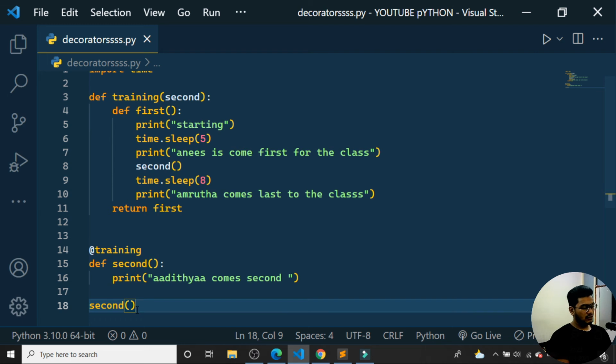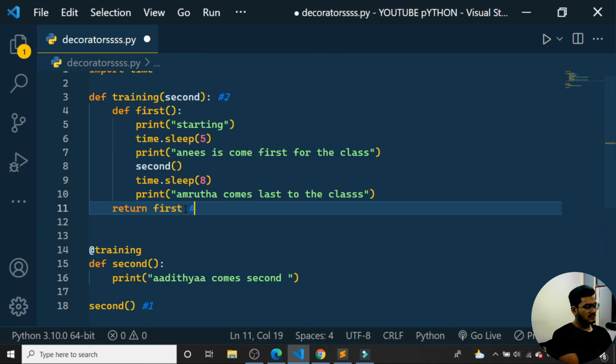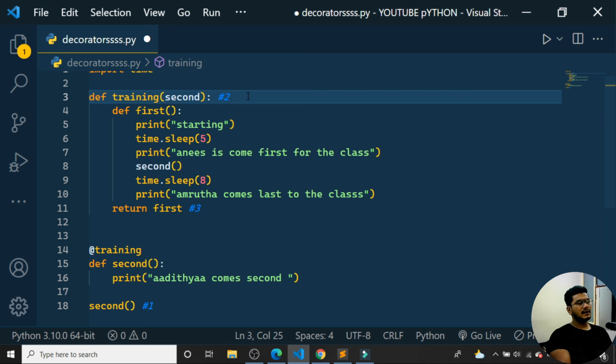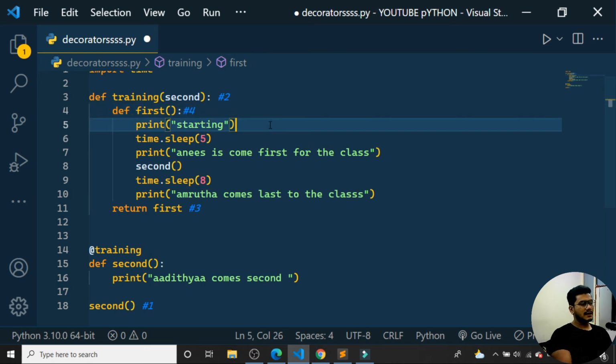This is the flow diagram. I'll just give one comment line. This is first, my program starts. Then it comes over here, I'll give hashtag 2. Then it comes to second. From second it returns to hashtag 3. That means third, first it will run this one, second will go here, and third it is returning this first function. That is nothing but this function returning it. Then the fourth function will get executed, and at the fifth, this particular line will get printed as my starting. You can see it here.